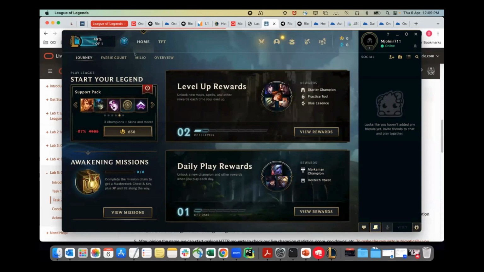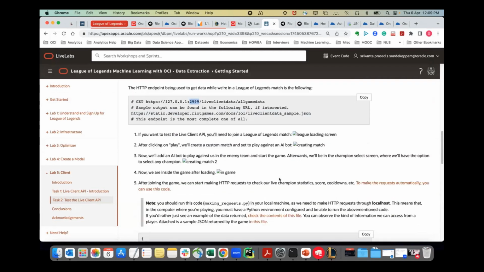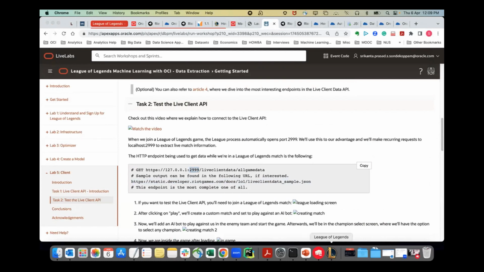So what happens is that if you want to capture the data, it provides a local host with this particular port number. And you can capture the data in real time. Whenever you're playing, you can capture the entire thing. So if you use the live client,